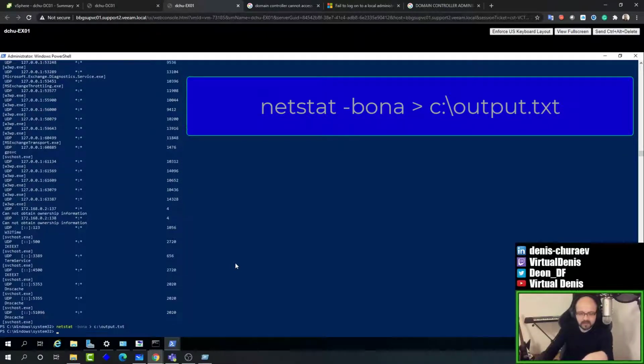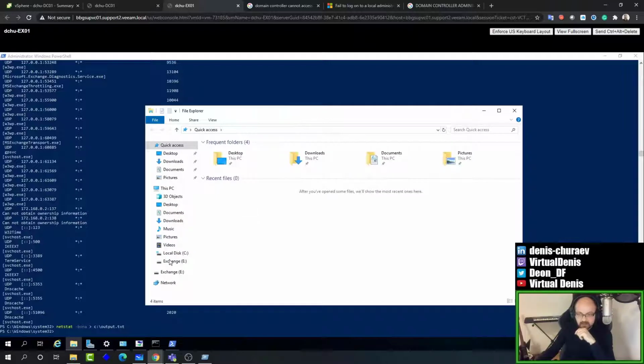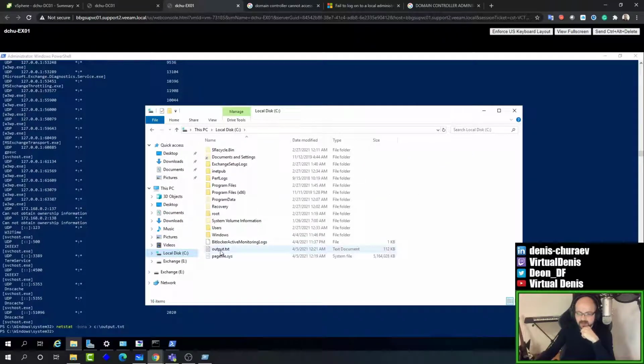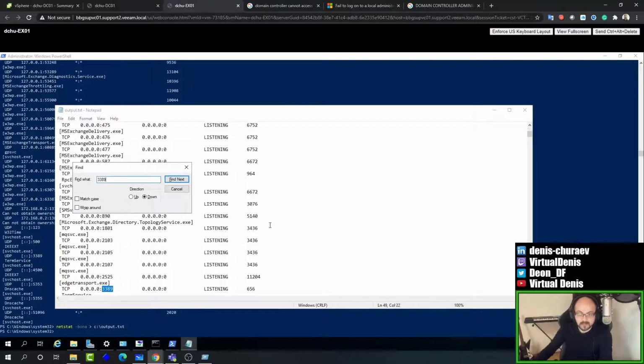So now I'm sending everything that would normally be on the screen into this file. And now in this file, I can simply press Ctrl+F and search 3389,